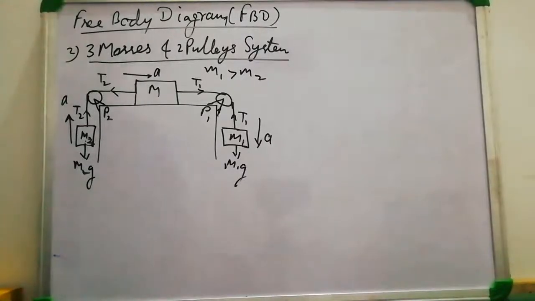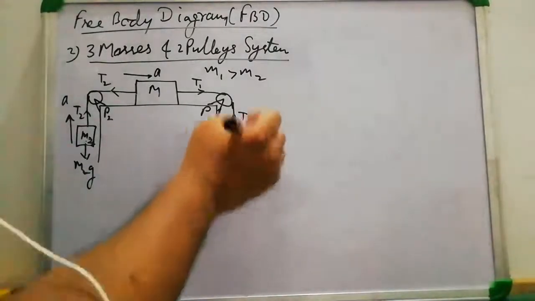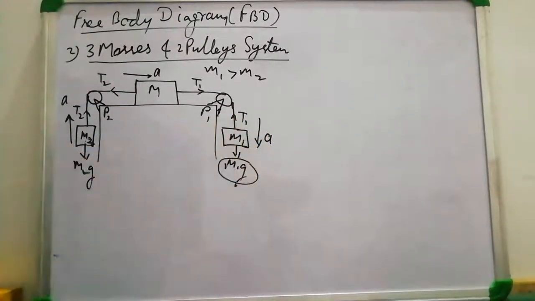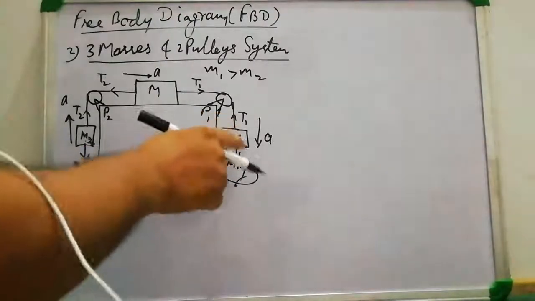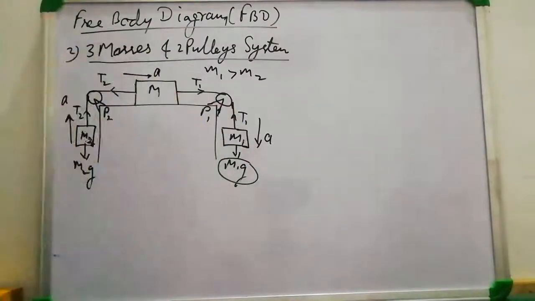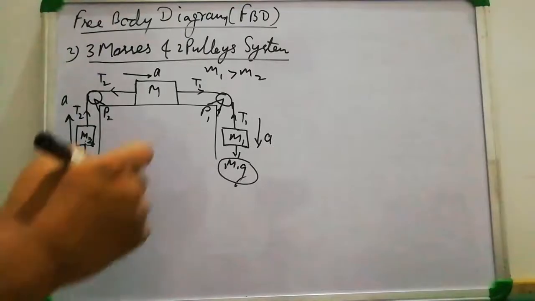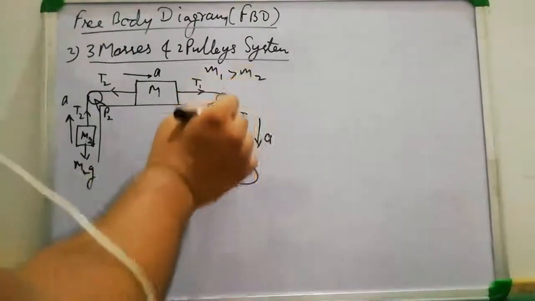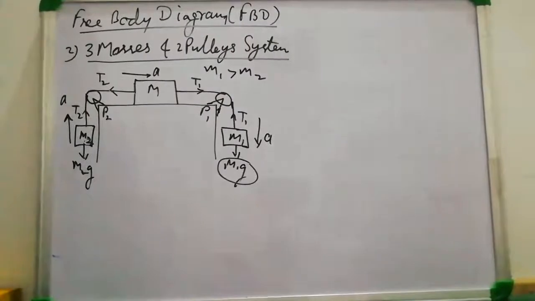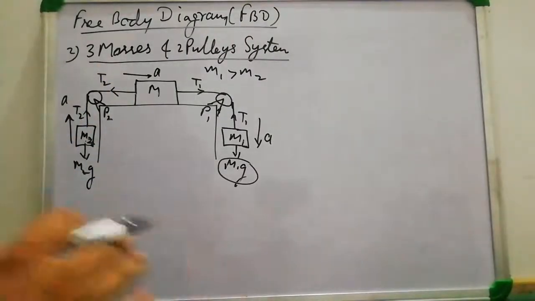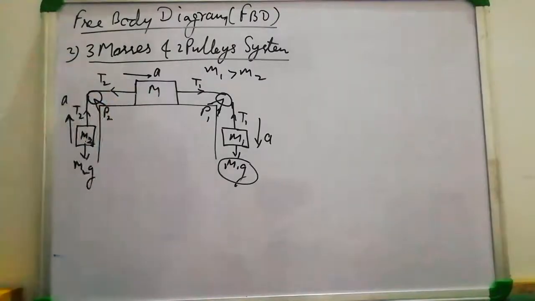Now let us say the mass m1 has a weight of m1g. So the weight of the mass m1 is m1g. It is acting in the vertically downward direction. Then what will it do? It will generate a tension force in the string. So let us say the tension generated in this string is T1. Since the strings are different, we will use the terms T1 and T2, because these two are not the same.